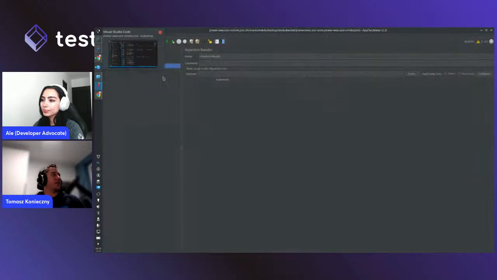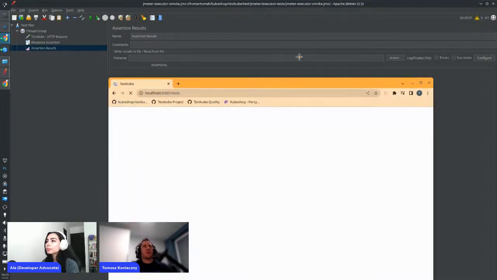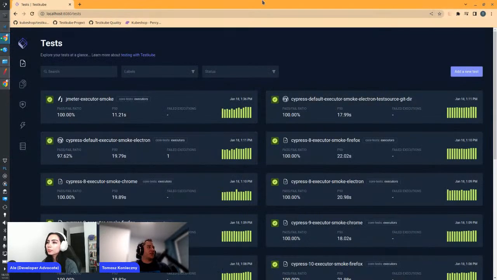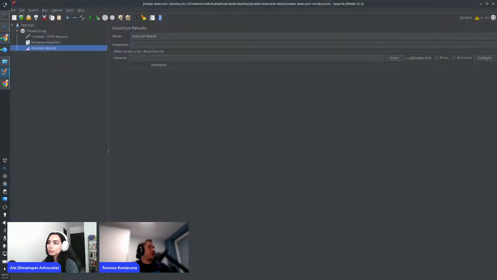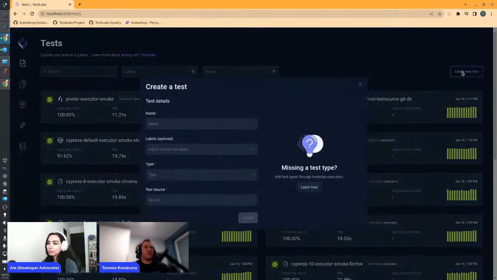I mean, I already have the dashboard running, and I will just share the different screen. Okay, so here's our dashboard, one of my local environments, at least. And if we want to create the test for this JMeter project, we have this JMX file already. All we need to do is add a new test and fill it with the form. Let's name it JMeter Office Hours